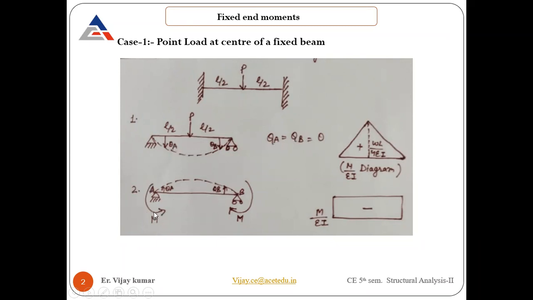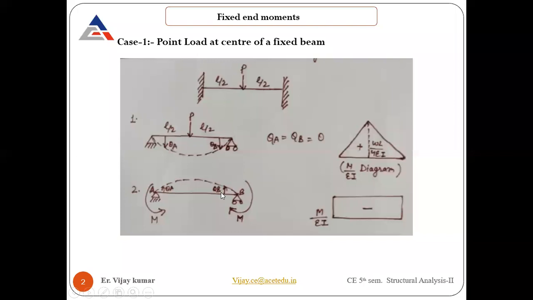Similarly in this case also, one is rotating clockwise and the other anti-clockwise, so their direction is changed but the magnitude remains the same. Here also the magnitude remains the same, but the direction is changing, one anti-clockwise, the other clockwise. So again there is a slope theta A and theta B, and their values remain the same.